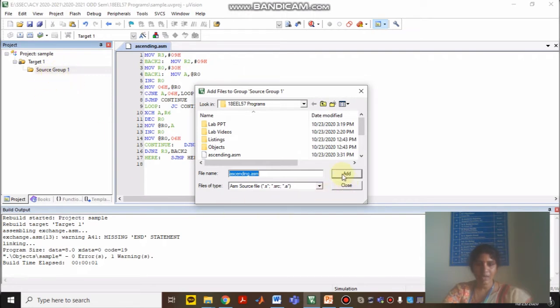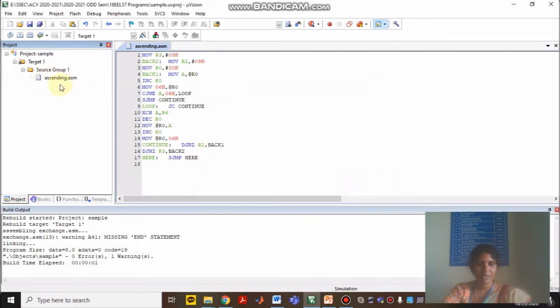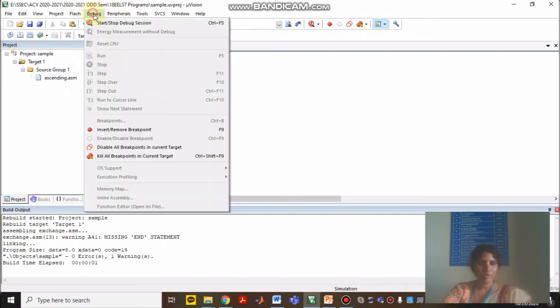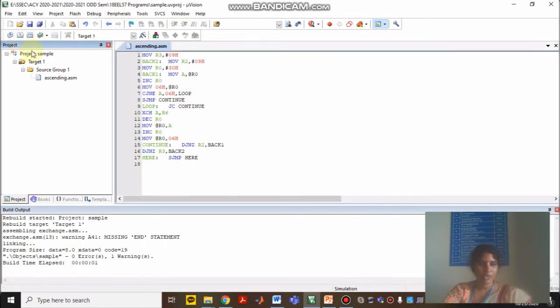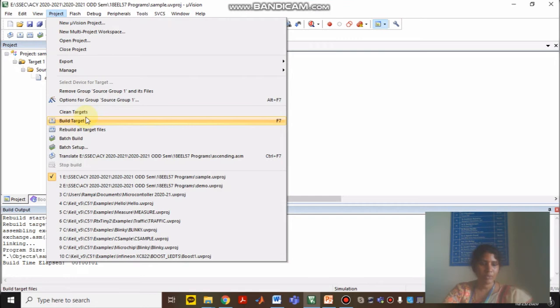After giving add, you can see the ascending file has appeared in the project window. Now your program is ready to build the target and execute. Before going for start stop debug session, you need to build the target to check whether this program has any errors or warnings. For building the target, you can go to project and give build target, or directly press F7.